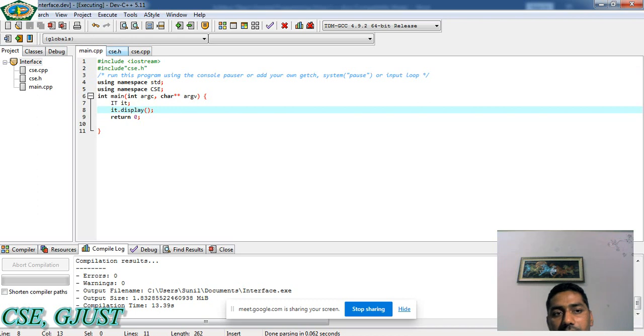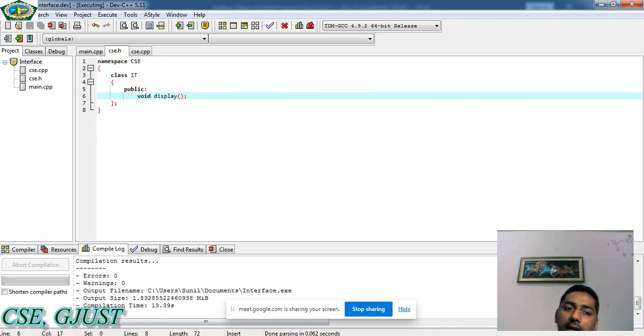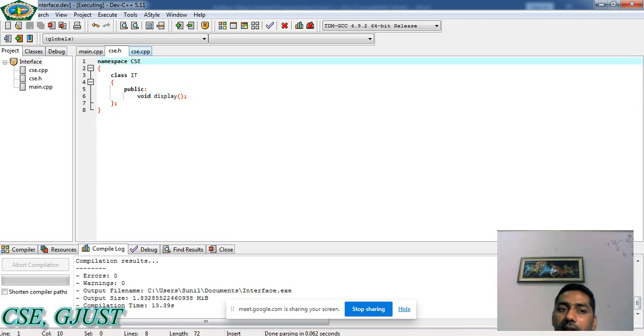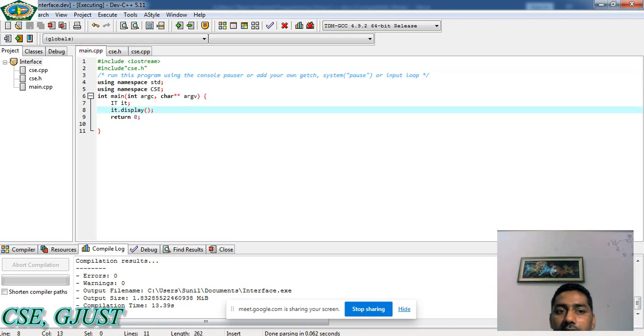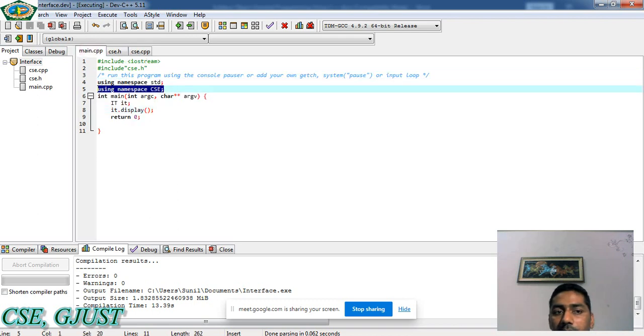So here we are just declaring a class within a namespace. You can also write this class without a namespace, then there is no need to write any using namespace here, because we can directly write void it display function. And similarly, there is no need to write this statement if you are not using a namespace or declaring your class within a namespace.